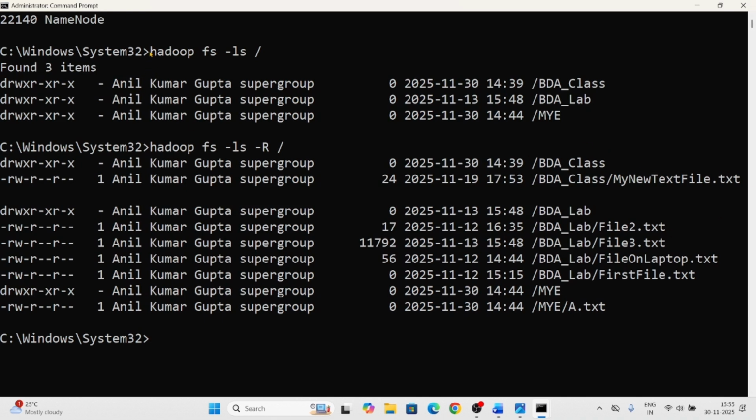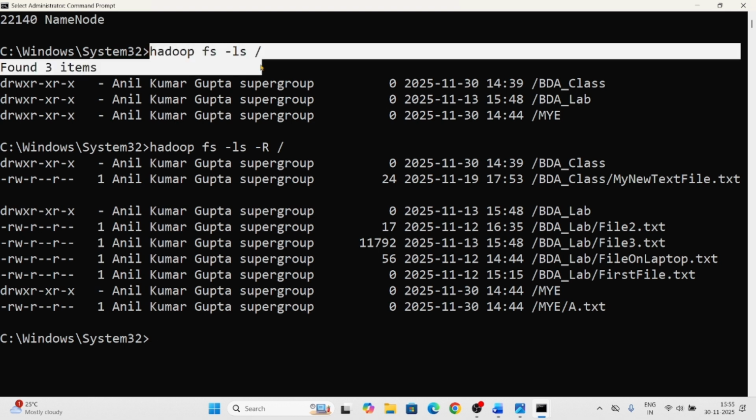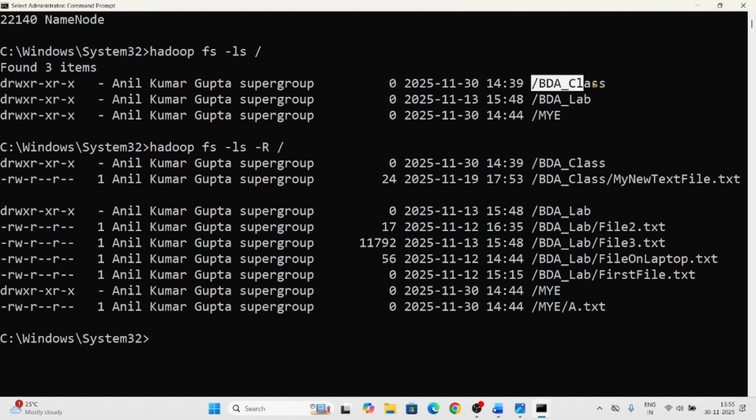Please see here that when I typed the ls command, I was seeing 3 directories. BDA_class, because I'm taking up a BDA, that means Big Data Analytics course, that is why I've created a folder BDA_class. Then there is a folder for the practical class, BDA_lab, and a third directory named MYE, which is my channel Mind Your Exam.